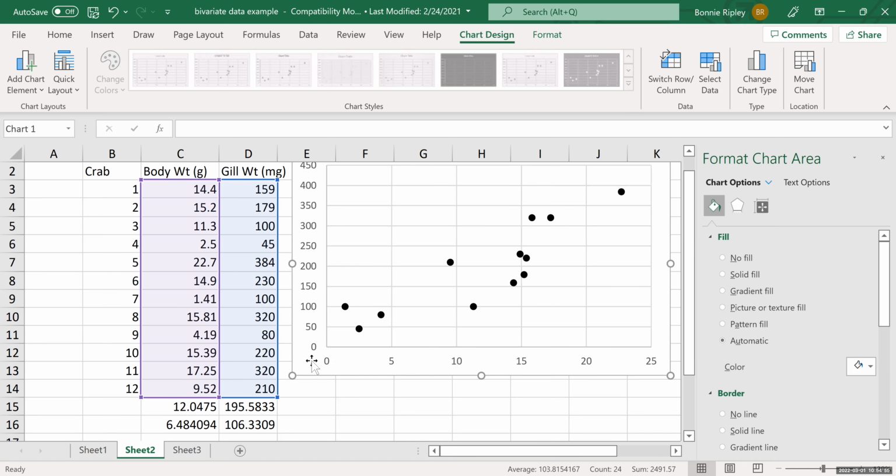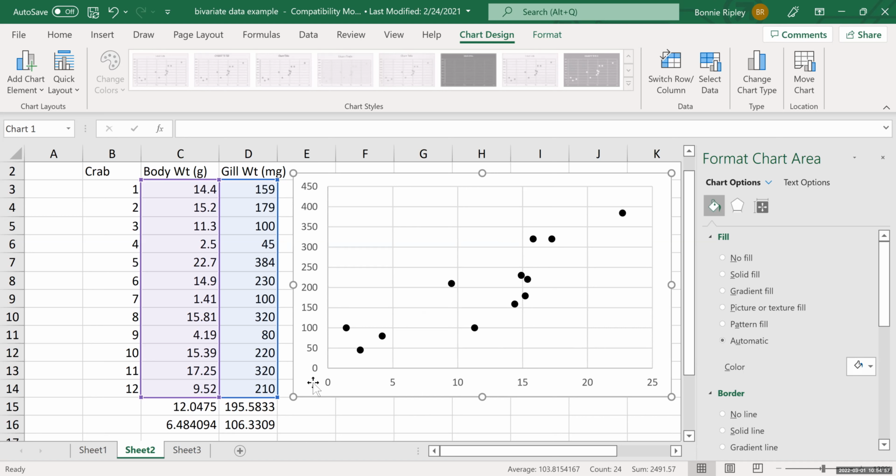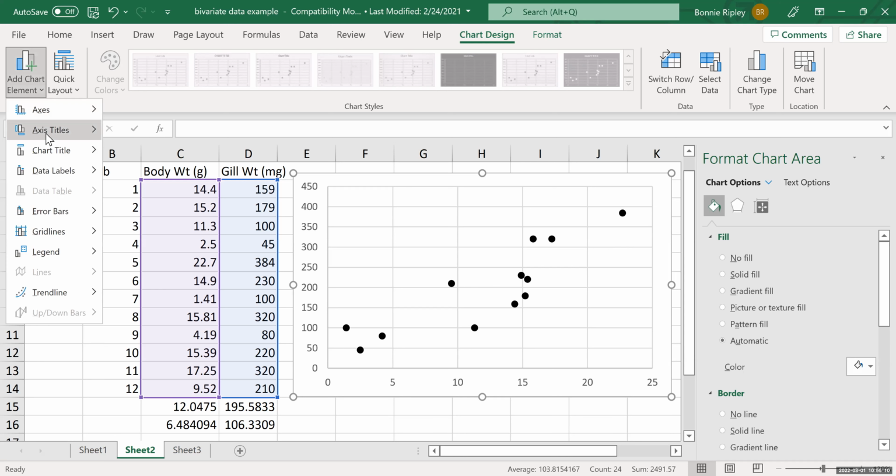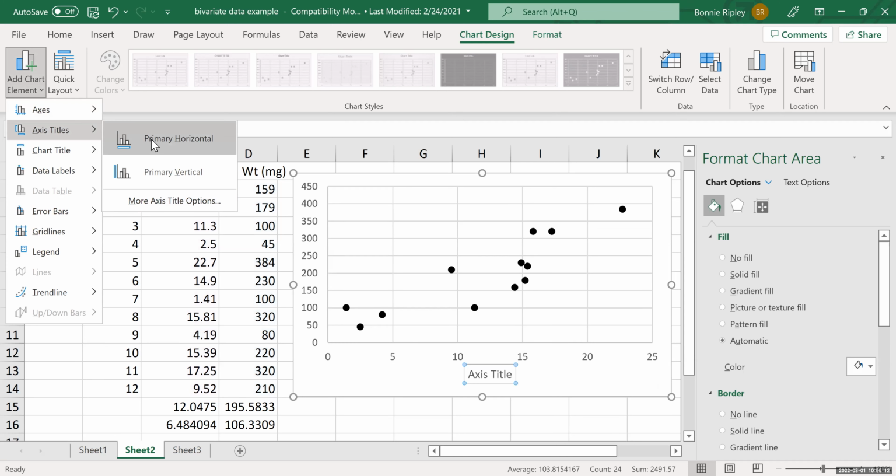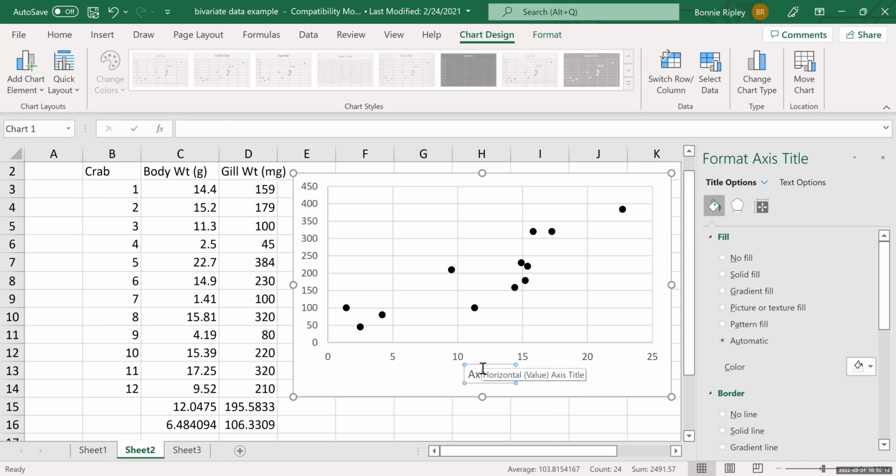I make that a little smaller so that I can see the whole thing. All right, what else do I need on my graph? Hopefully you notice there's no axis titles. For whatever reason, Excel never seems to put them on. We need to go to add chart element, axis title, primary horizontal, that's my x-axis. Right, so body weight